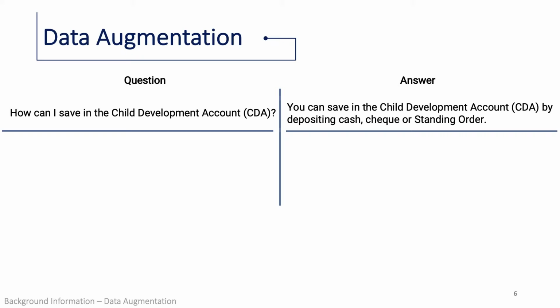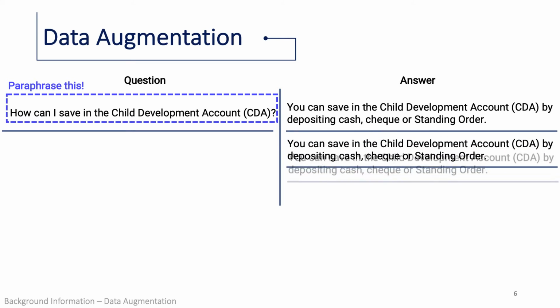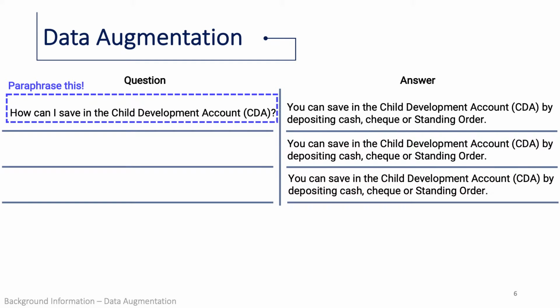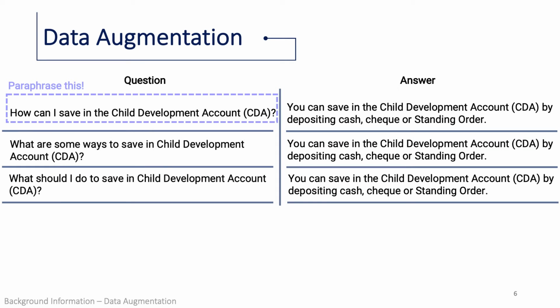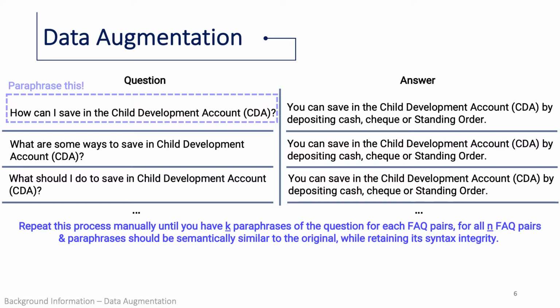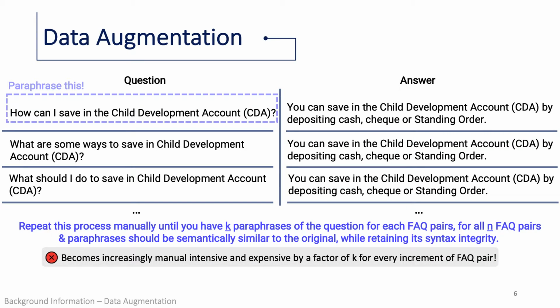Now, suppose we have the question and answer shown on the screen and we want to perform data augmentation manually. For every FAQ pair, you will generate paraphrases of the question while retaining the same answer. You may then come up with these paraphrases. However, you will have to repeat this process n times for n FAQ pairs. For each FAQ pair, you are generating k paraphrases of its question field. This implies that this process becomes increasingly manual intensive and expensive by a factor of k for every new FAQ